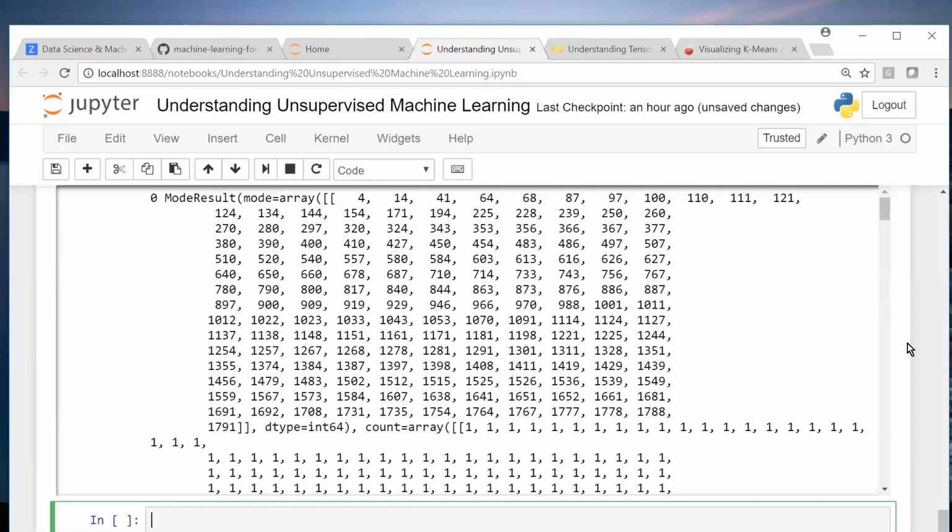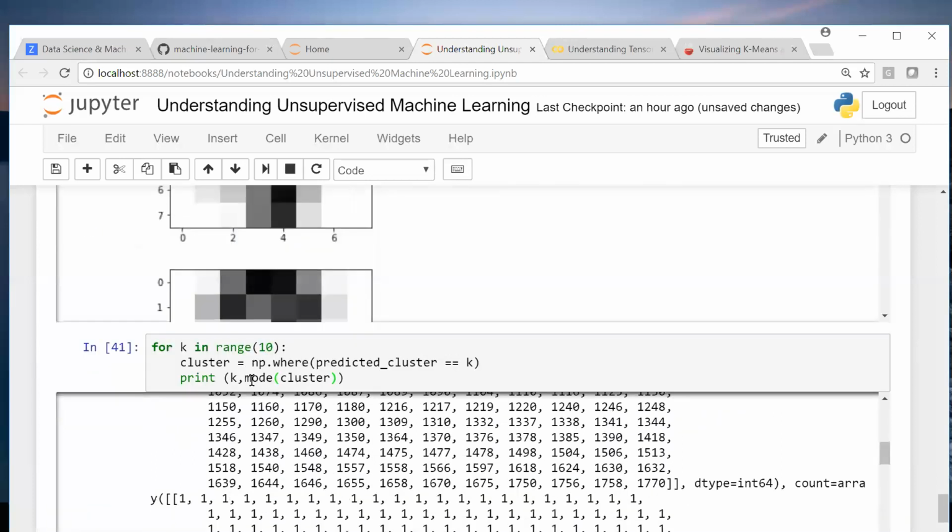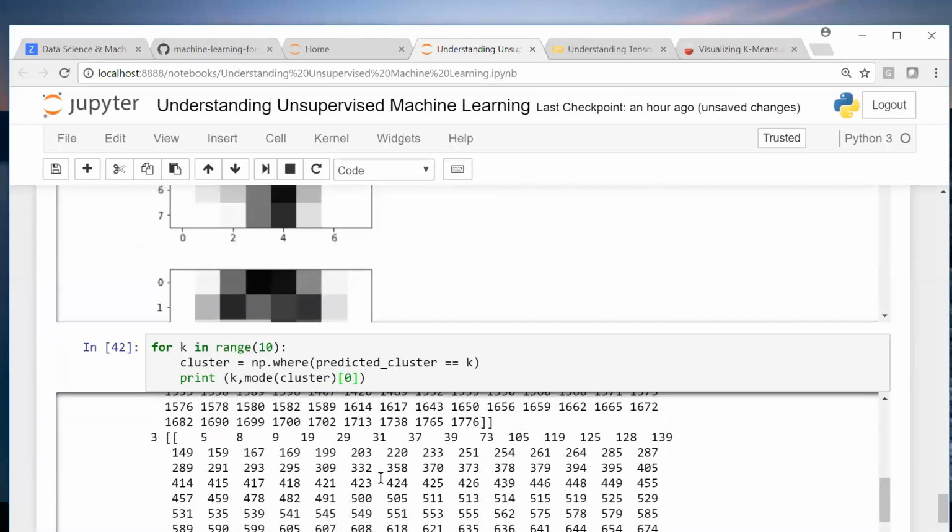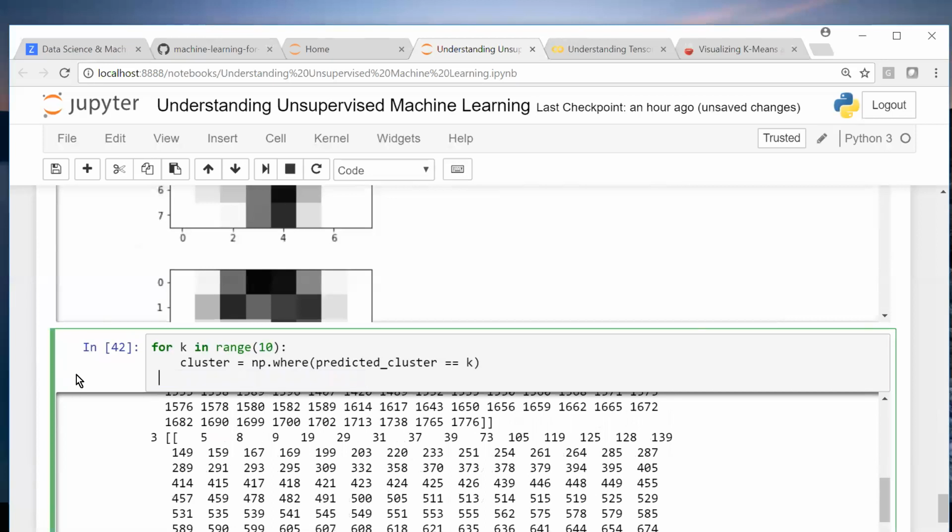Why is it like this? Alright. Cluster, sorry.